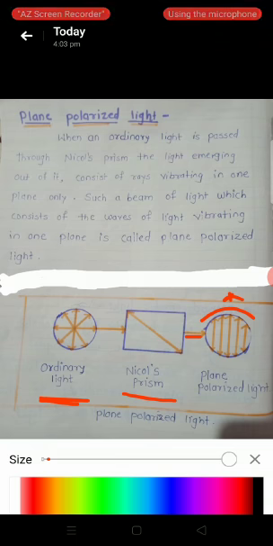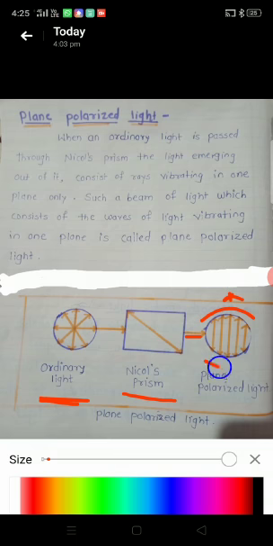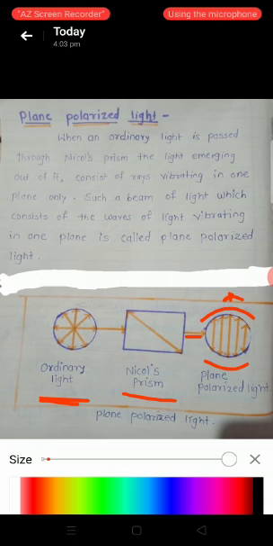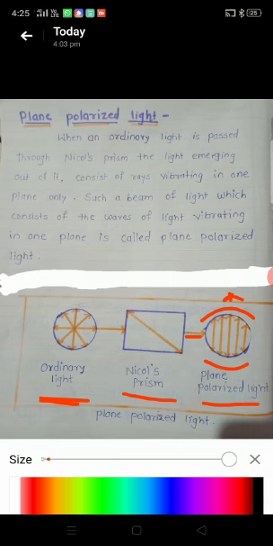Such a beam of light which consists of waves of light vibrating in only one plane is called plane polarized light. Here our 3 points are discussed. Ordinary